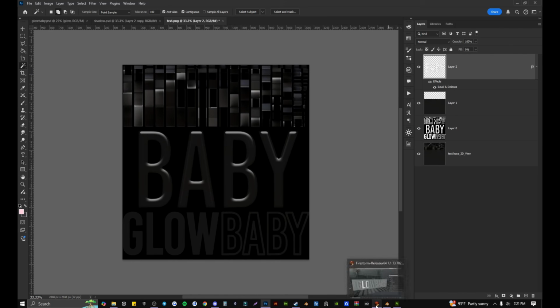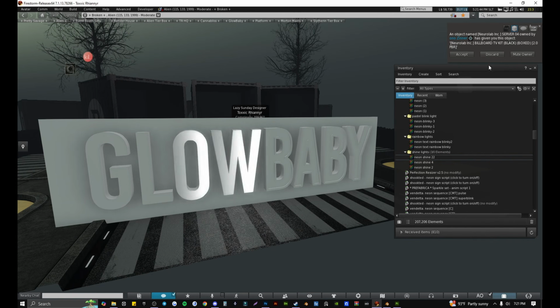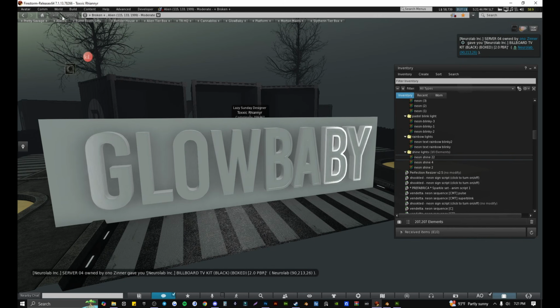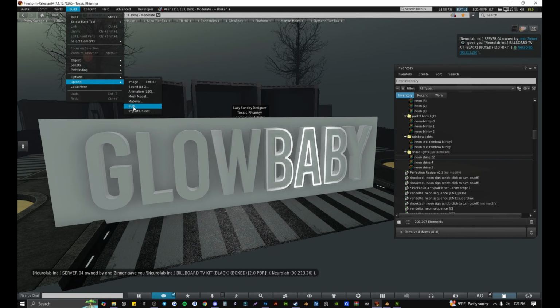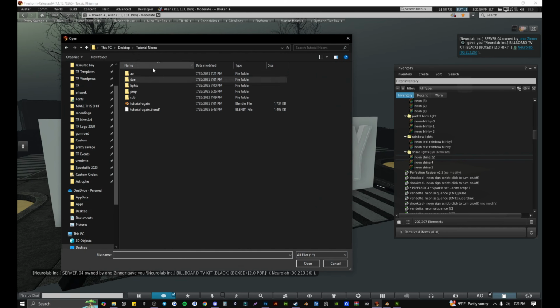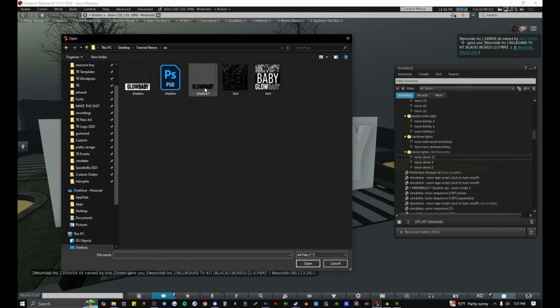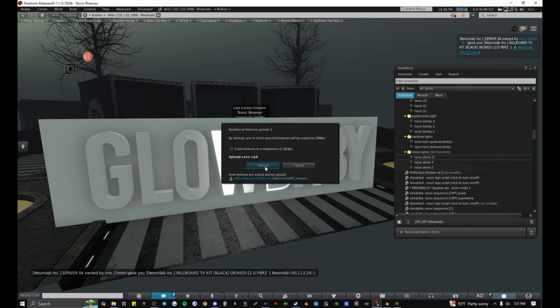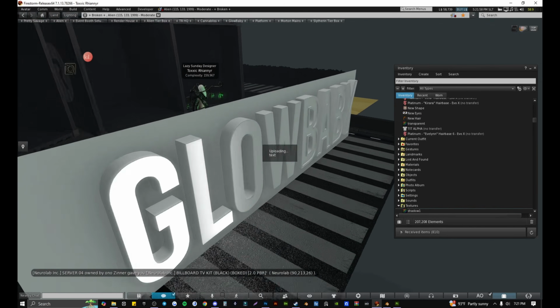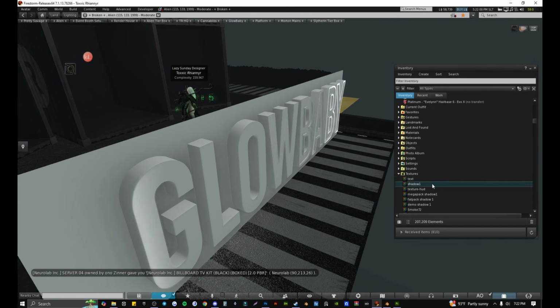Okay. Excuse me. So we can go back in Second Life. Redelivery. And we can come in here and load these textures. We're going to take the shadow and we're going to take the text. We're going to say yes. And then we can come in here and apply this. So I'm just going to drag and